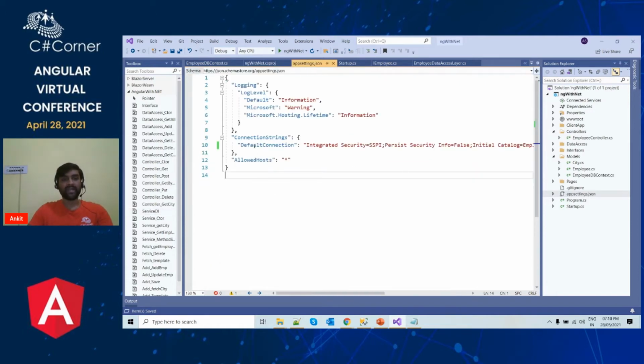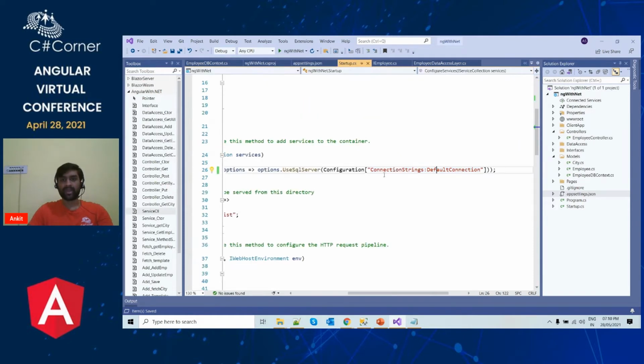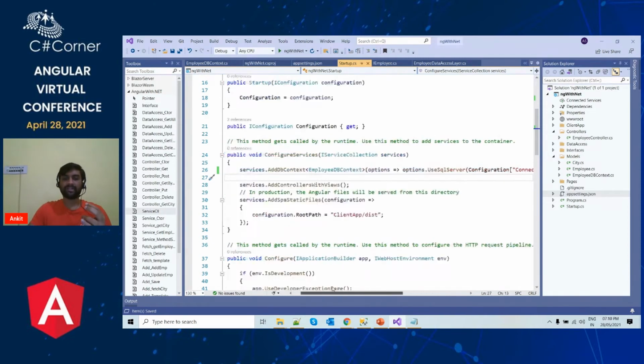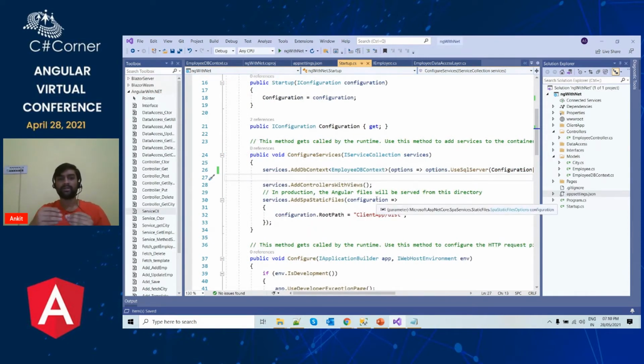So here you can see that the path inside this JSON file is ConnectionStrings dot DefaultConnection. Similarly, we have defined the same path over here. This will make sure that as soon as our application starts, this particular connection string will be available inside our DB context class, using the path that we have specified here.